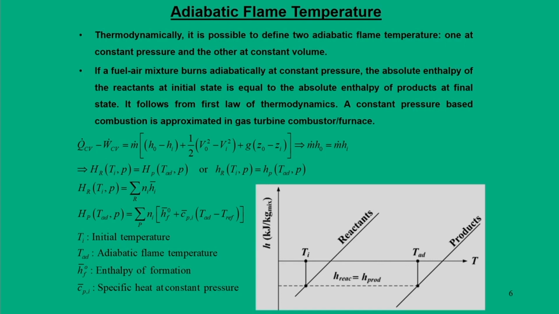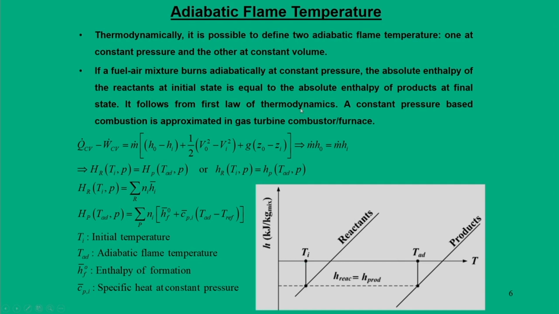So, with this we are going to model these adiabatic flame temperatures. First case, let us analyze a situation where the adiabatic flame temperature is reached through a constant pressure process. So, if a fuel air mixture burns adiabatically at constant pressure, the absolute enthalpy of the reactants at the initial state is equal to the absolute enthalpy of the products at the final state. This is the condition we derived in our last slide, and this also follows from the first law